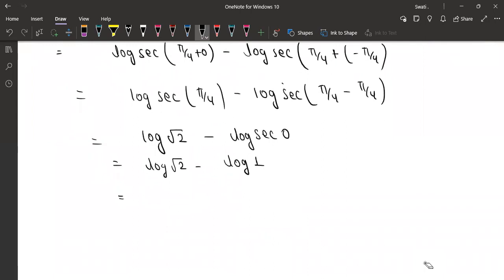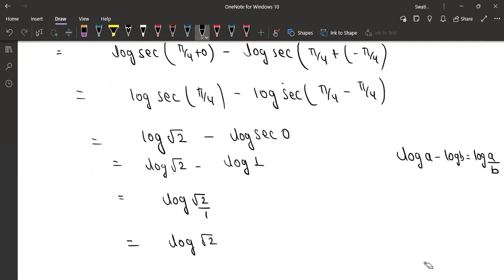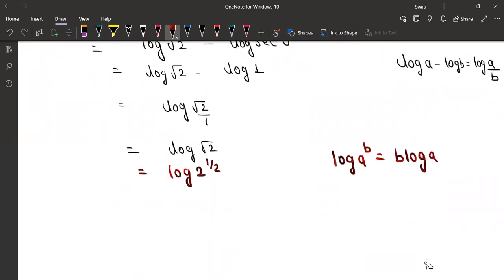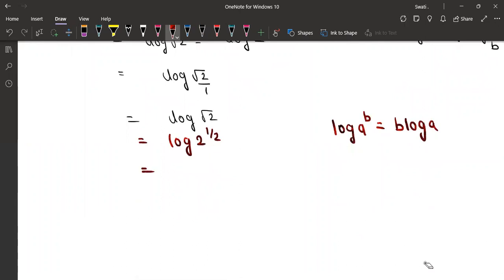Now here, if you want, you can use the formula, and that is log A minus log B. By using the formula, it becomes log A by B. So using this one, it will become log root 2 by 1, which is the same as log root 2. If you want, you can leave your answer here. If you want, you can simplify this further. I can write this as log 2 raised to half. And there is a formula, and that is log A raised to B is the same as B log A. Whenever you are getting expressions in terms of log, always simplify this. So using this particular formula, here B is half, so half will come before log, and half log 2